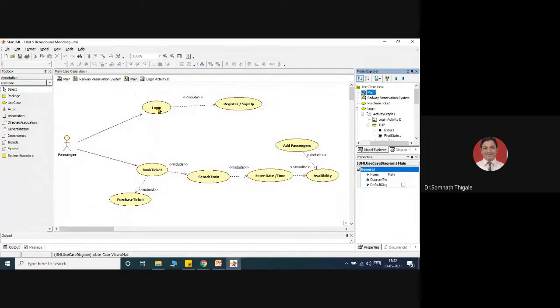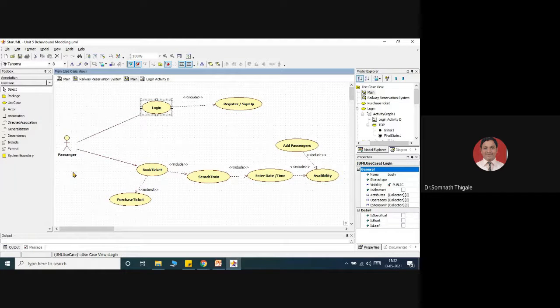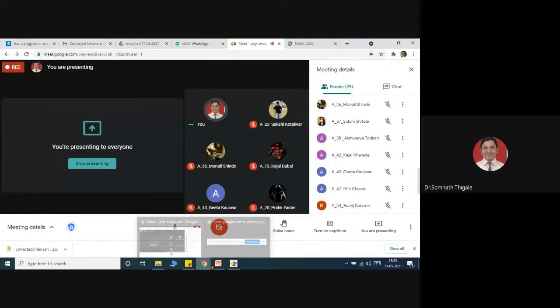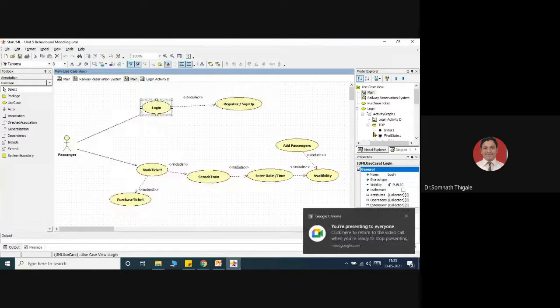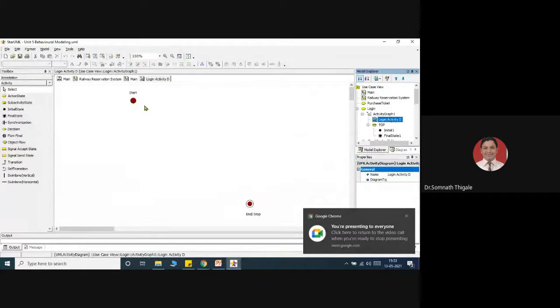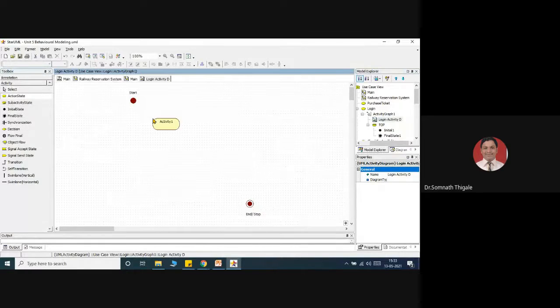I'm working with this login, and what is the passenger going to perform? The passenger is going to perform the login. So what will he do? We just need to visualize the flow, and based on that visualization and simplicity, we will be able to draw the diagram. I will show you how the scenario will work. Just pay attention. So the first action is start. The second action is that the passenger will enter